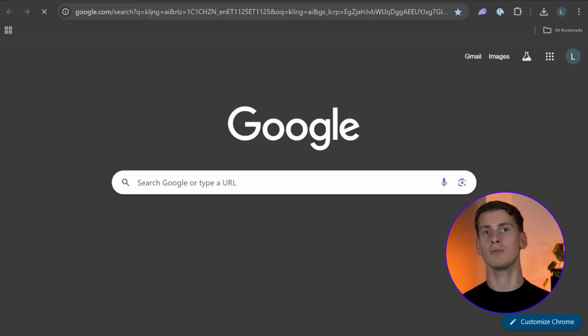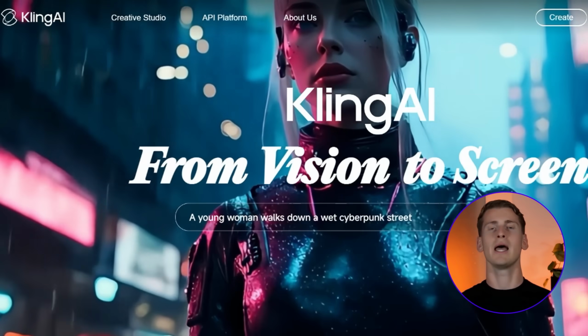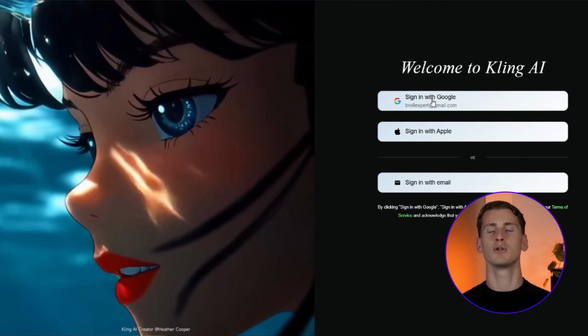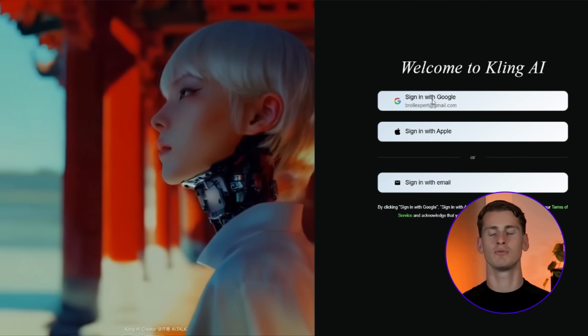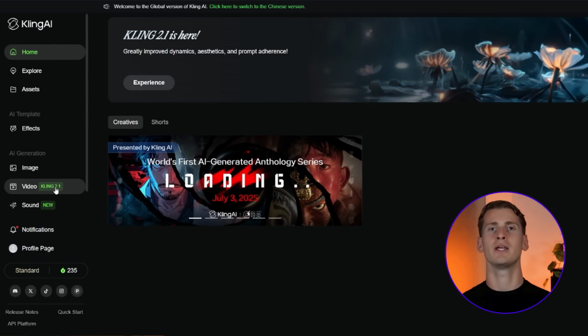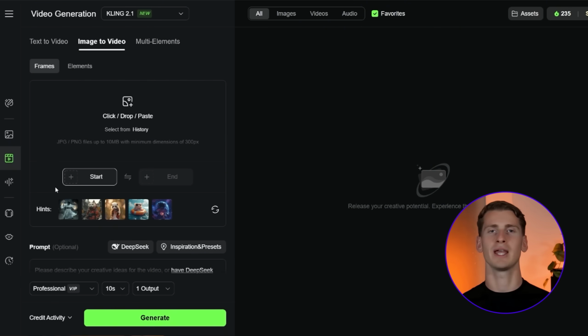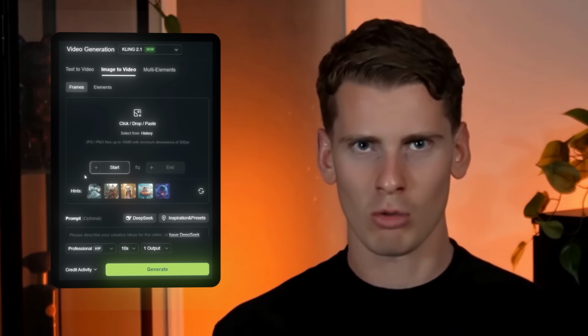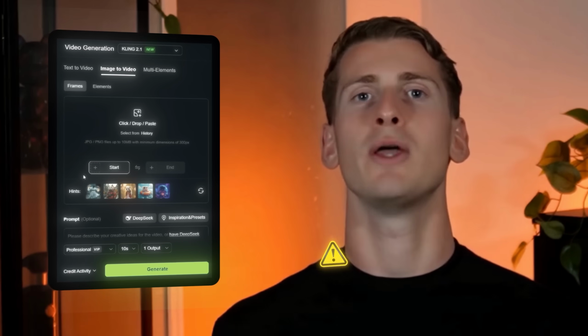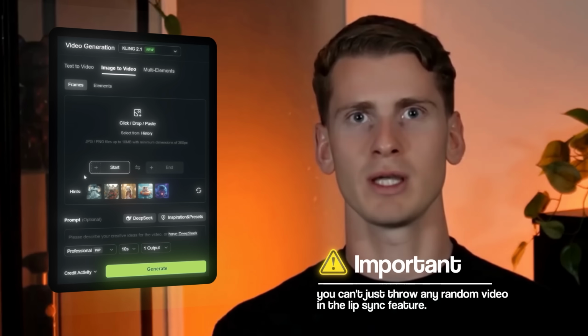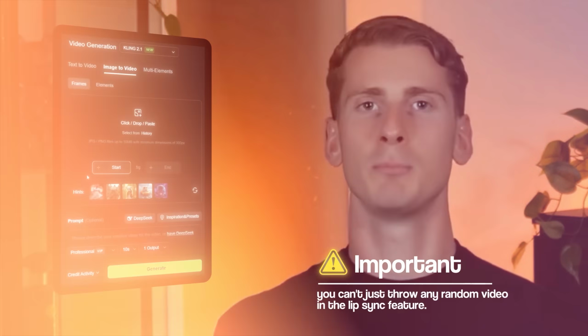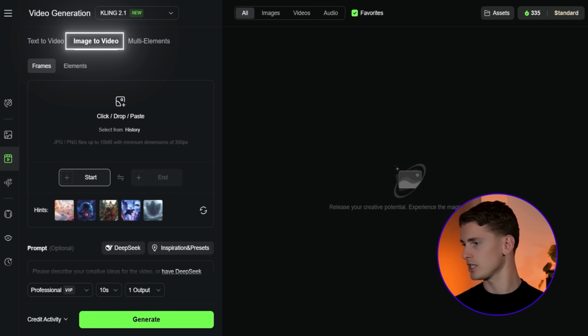Now, once you're in Kling, the first thing we need is an actual video. If you have your video already, then these steps will be even easier for you. But if you don't have a video ready, then you can easily generate a video by going to the video section. What you need to know about the importance of your video is that this is the part where most people mess up and then complain about the quality. You can't just throw any video in the lip sync feature. That doesn't work. So to create a good video, I'm using the image to video generation tool, which allows me